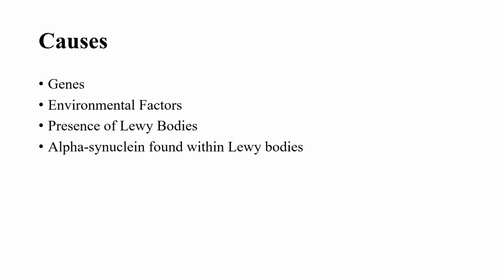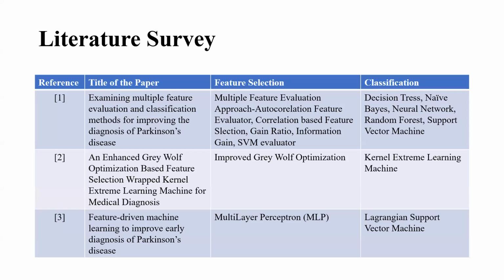Now, the exact causes of the Parkinson disease are not known. The major thing that can affect is our genes. For example, if a person has a hereditary line of Parkinson disease, then there are more chances of developing Parkinson disease. Next are environmental factors, like if the person is more exposed to pesticides, chemicals or weedicides, they have more chances of developing Parkinson disease. Then there is the presence of Lewy bodies. What are these? These are lumps of protein that are formed in our body due to which dopamine producing cells are reduced. Now, this is the literature survey related to our work,